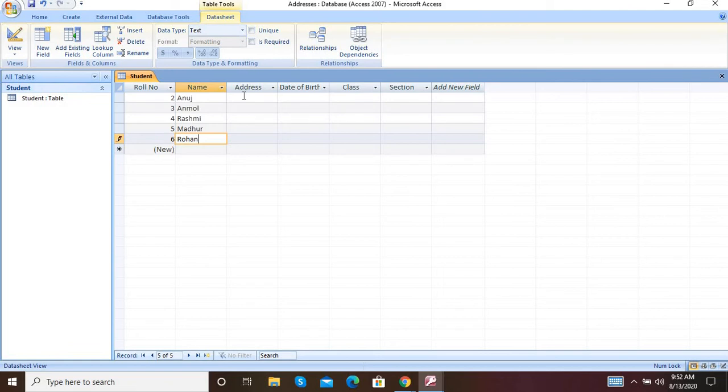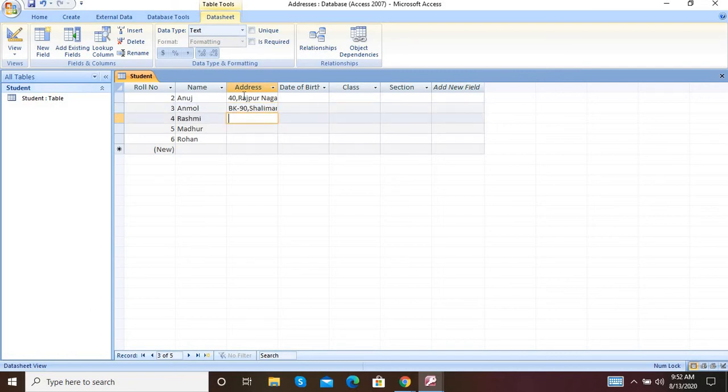Okay, now add address. First is 40, comma, Rajpur Nagar. Then BK, dash 90, Shalimar Bagh.